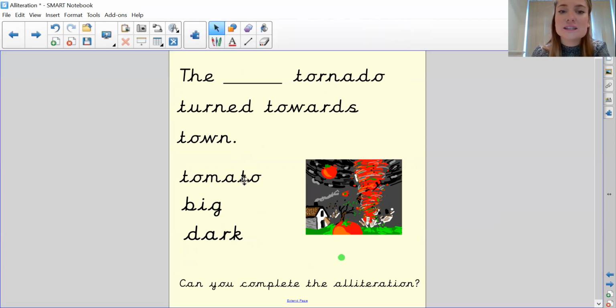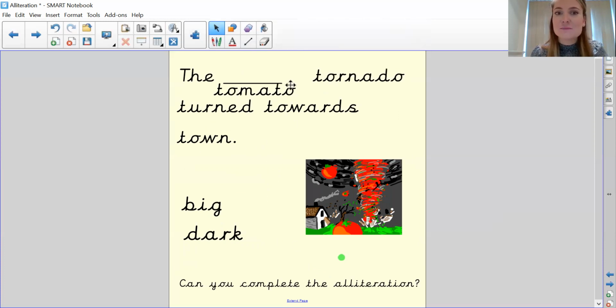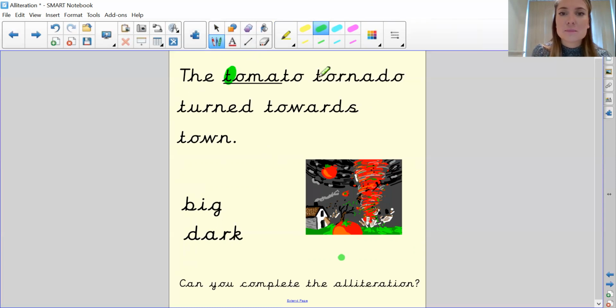Fantastic, because both words begin with the same sound. So we have got tomato. Give yourself a big pat if you got that one. The tomato tornado turned towards town. That is more than one alliteration in that sentence because we've got lots of it, haven't I? Here we go, tomato and tornado. Lots of words beginning with that t sound.